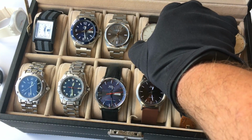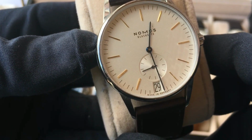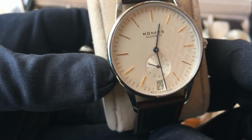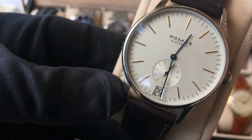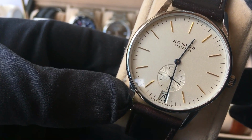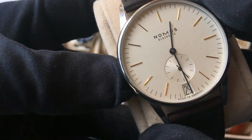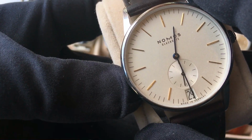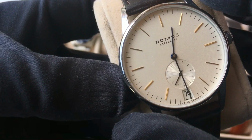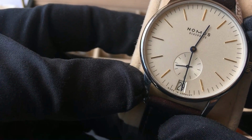So the next is going to be my lovely little Nomos Orion. Maybe the most beautiful watch in my current collection. I used to have two Nomos models in my collection. Beside the Orion, I had the Nomos Ahoy with the Atlantic blue dial. I kept this one because I love it so much. It's a very, very beautiful watch. It's a kind of dress watch, even though it's no precious metal, only stainless steel, but it looks so nice. And